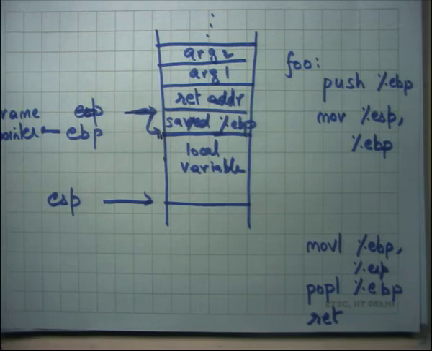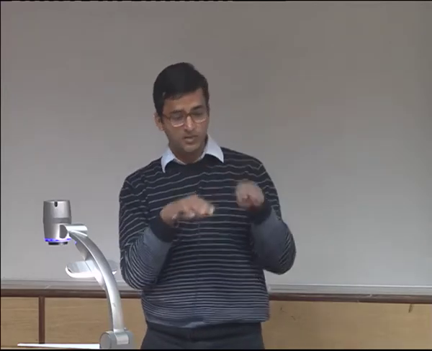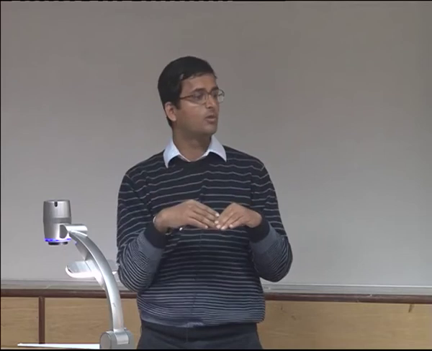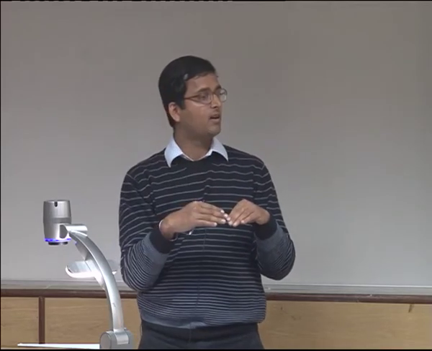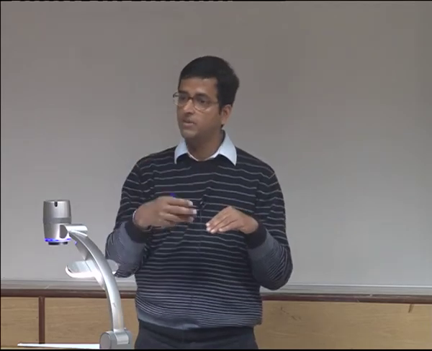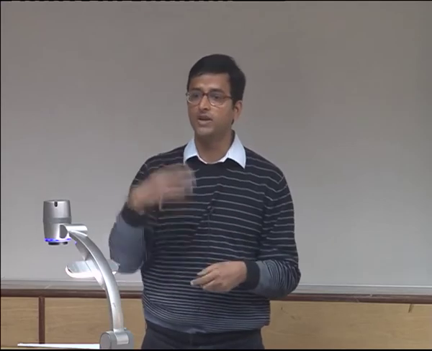But even that is not necessarily needed, because the compiler knows that at this point ESP is 70 bytes away from the frame pointer. And so because the compiler has the static information, all it needs to do is add 70 to ESP and then add 4 or 10 or whatever to get to the argument. So EBP is not strictly needed, but it's a convenient way of doing things that aids debugging.